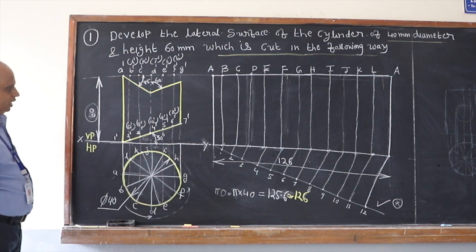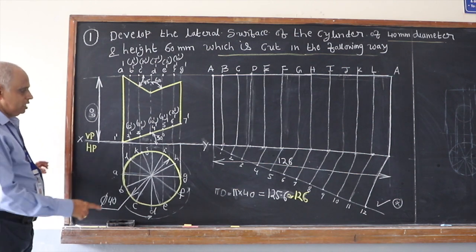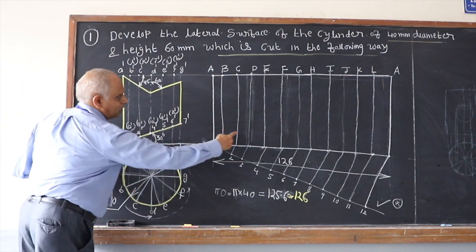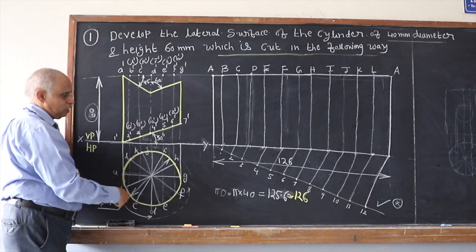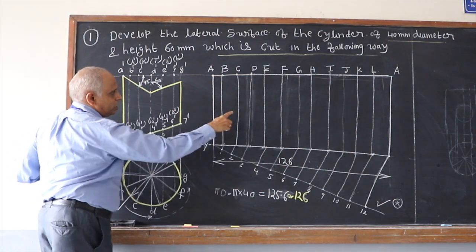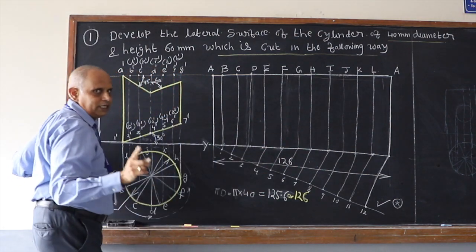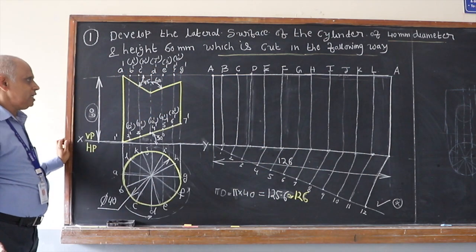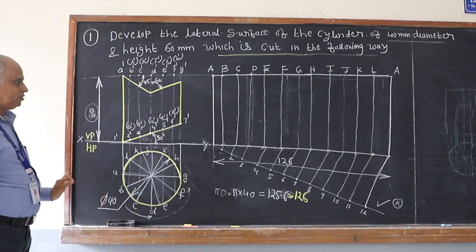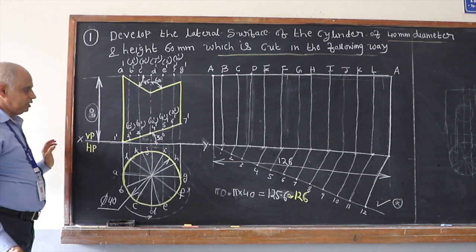Now if you try to locate these points, remember, by taking 12 divisions, I have got 12 divisions here. Someone may take only 8 divisions and they will get 8 divisions. None of these lines are folding edges, and therefore should not be made thick continuous line. They are just construction lines, and they have to be thin.